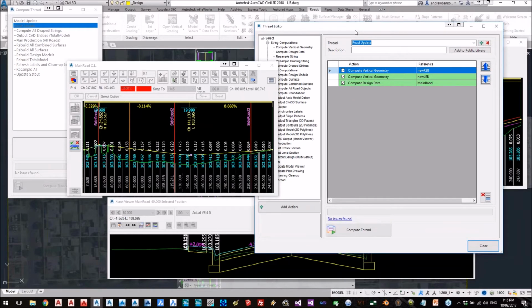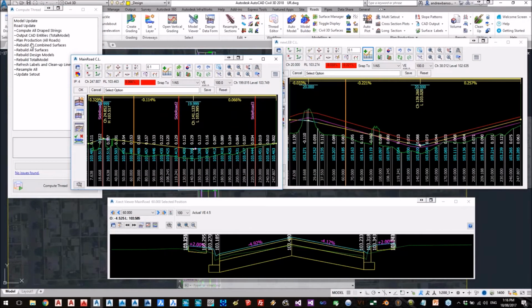So all this thread has been told to do is reprocess the vertical geometry of the left string and the right string, and then reprocess the design data of the main road. So in other words, once we've recomputed the vertical geometry of the strings, update the design data form and the variations which have been told to set the code to match those strings. Okay, so if I right click on Road Update,